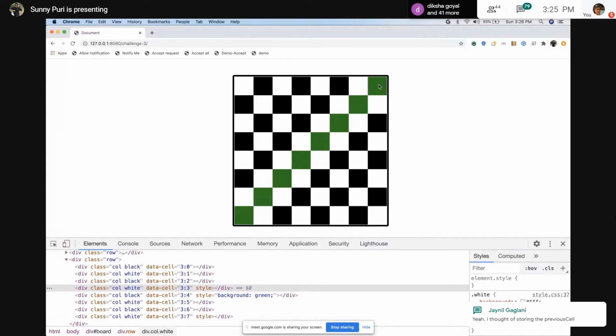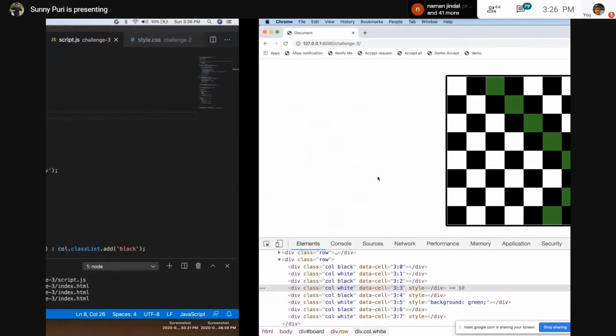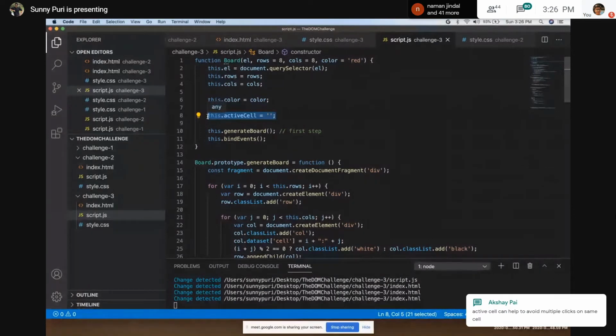You got my point? So these are 8 cells, right? Clearing 8 cells or clearing 64 cells, which is better? Right now this is 8 cross 8. If it is 10 cross 10, the complexity will increase like n square, right? So in that sense, you can improve the complexity. You are just clearing these number of cells. How many? 8. That's why we are storing this active cell. We will also see how we are doing it.